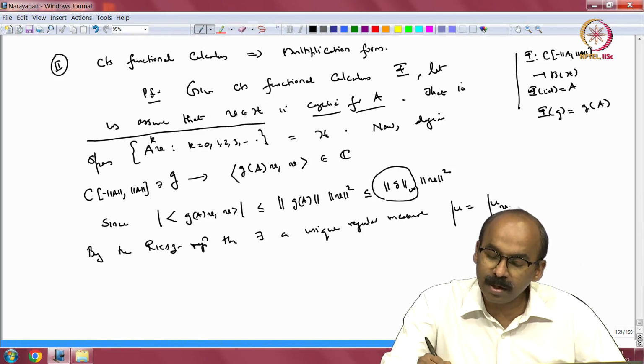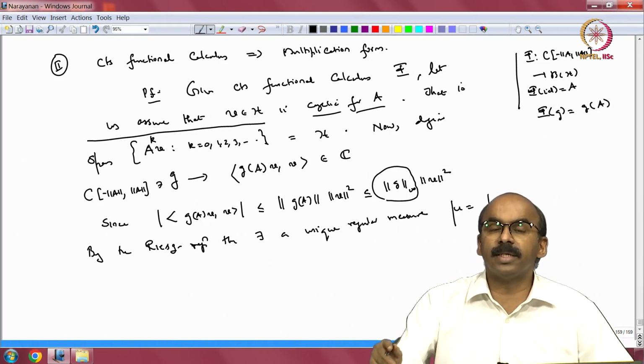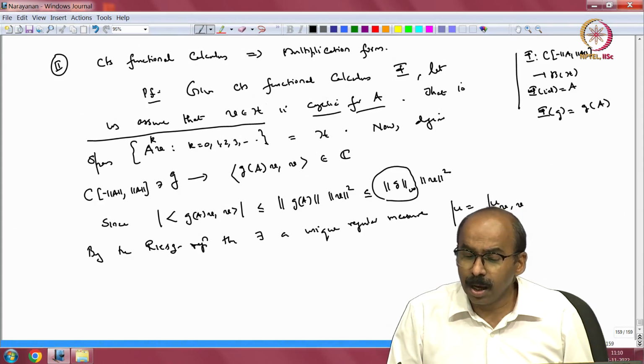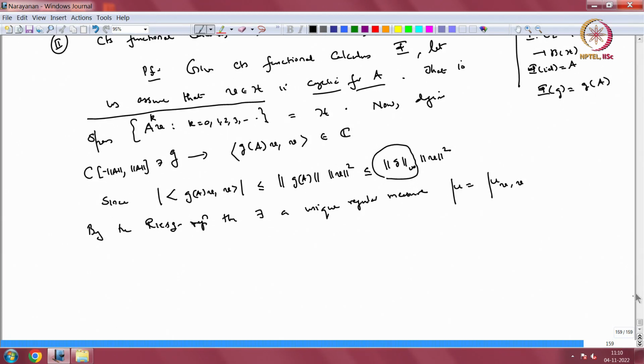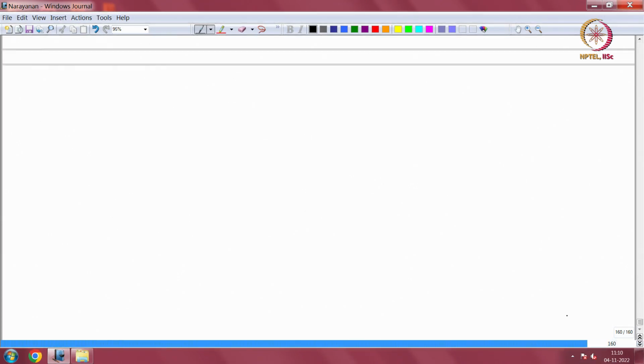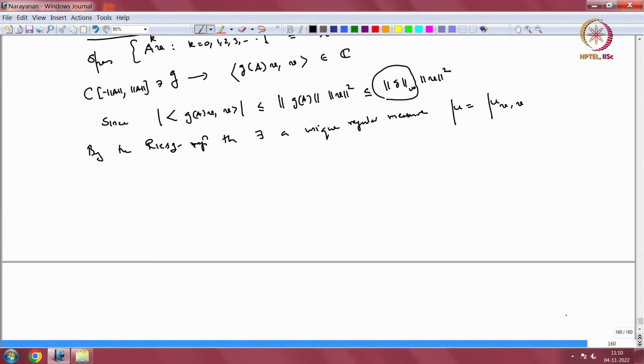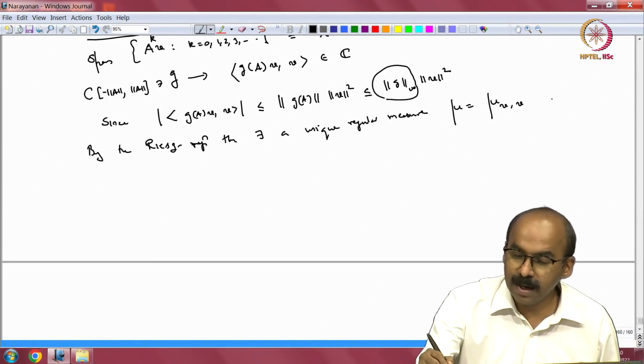So, to be consistent with the earlier notations we had used, it is mu v v, right. So, a unique regular measure mu v v such that, I may skip the subscript v if it is not necessary, such that